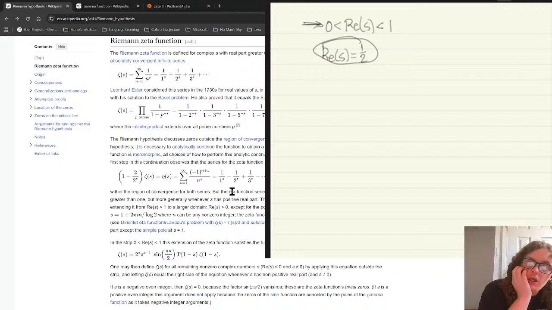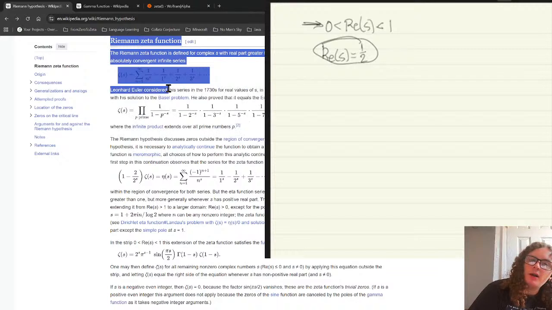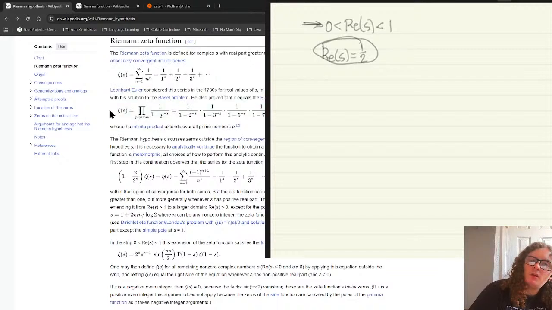If we take a look at the Euler product here, zeta of s equals the product over primes of 1 over 1 minus p to the negative s. So if the zeta function is 0,